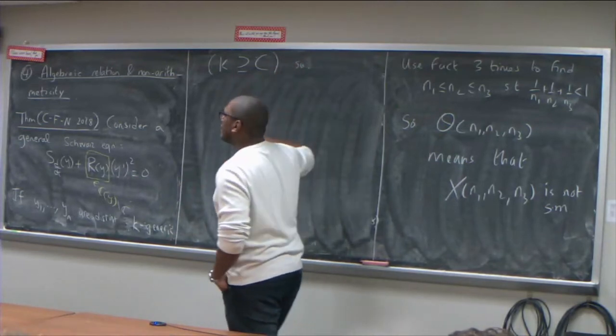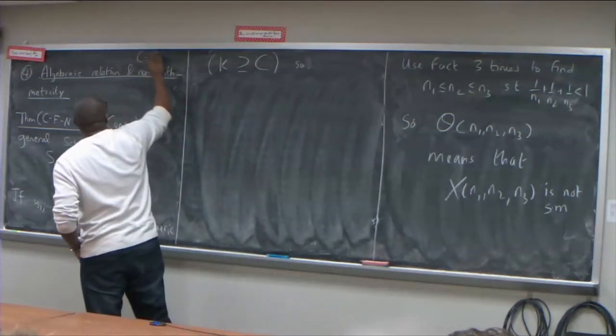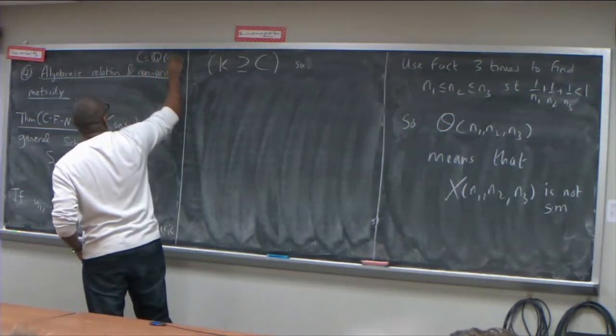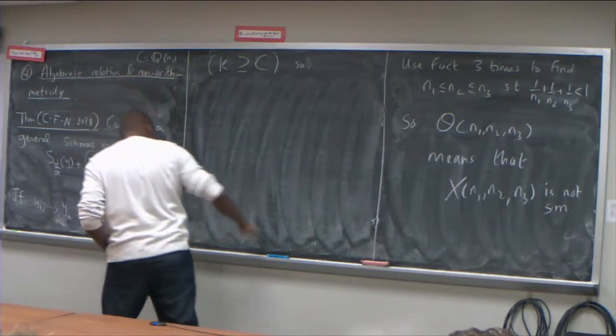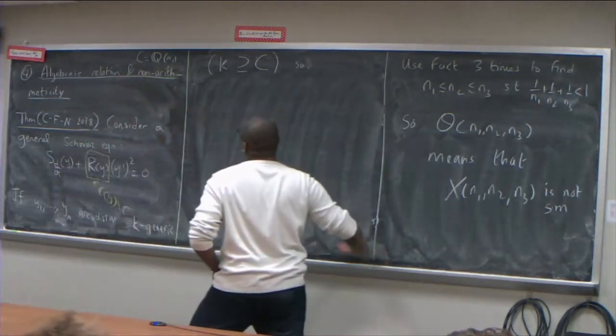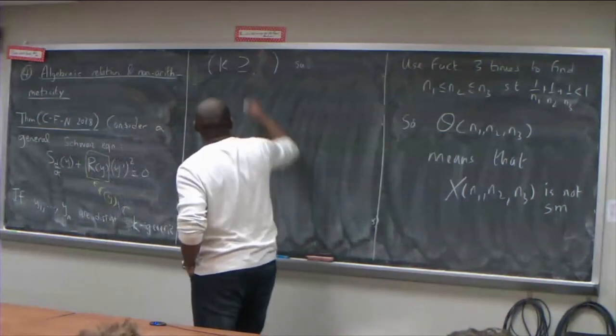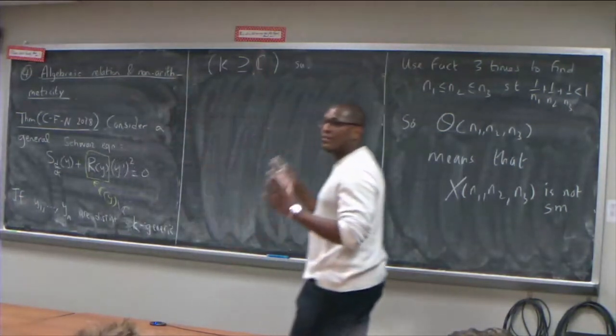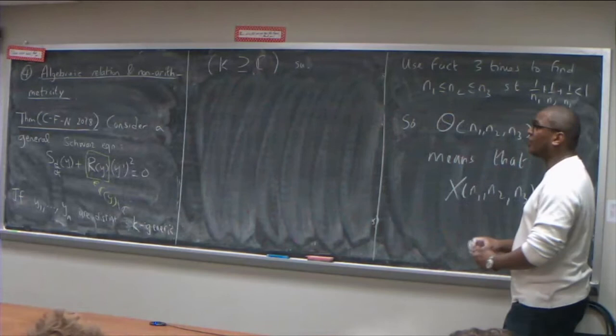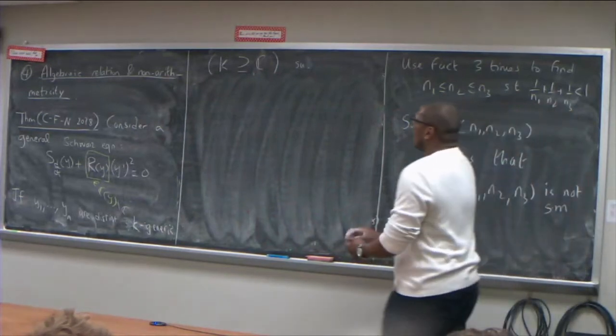C is, from the very beginning, the constant field. Let's take it to be the complex numbers, that's fine. Or any finitely generated constant field over Q, such that